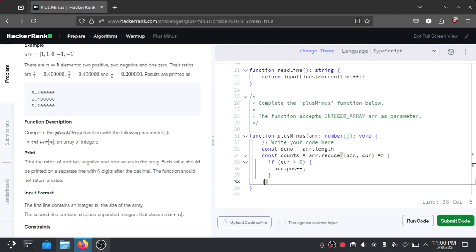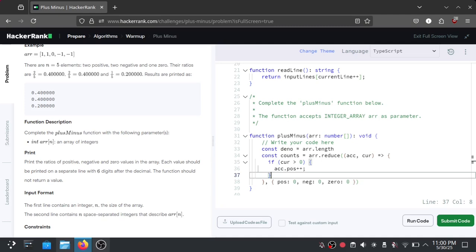Oh, don't forget to leverage the accumulator with the pos property as the positive number. The initial value will be 0, and then the negative property, which is also 0, and then the zero property, you guessed it, 0.